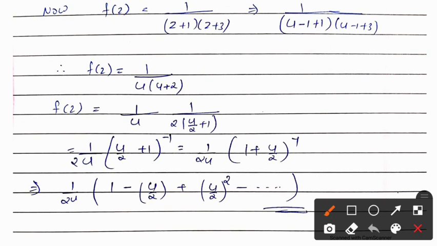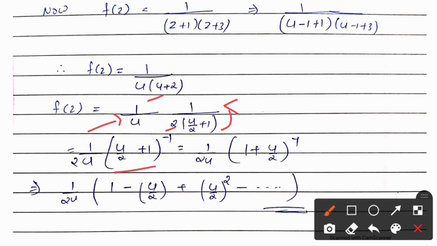Now this 1 by u will be as it is. You don't need to solve when such terms are there. Here I want u by 2 plus 1, so what I have to take common is 2. I am taking 2 common out. So you get 1 by u by 2 plus 1. I will take it to the numerator, so I get u by 2 plus 1 inverse.